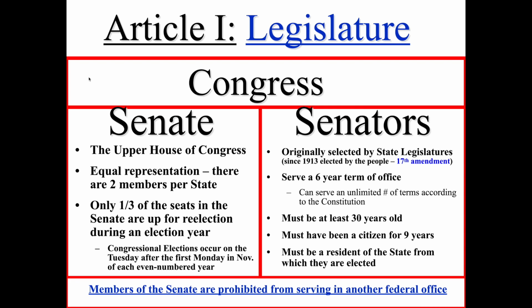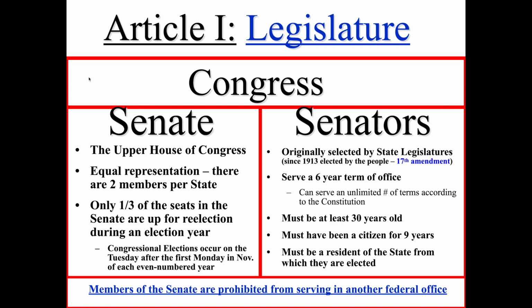We have congressional elections every 2 years. So we have what we call a living body. Only 1/3 of the seats in the Senate are up for re-election during an election year. Congressional elections occur on the Tuesday after the first Monday in November of each even-numbered year. Hopefully you can remember that. But no, we want it to be a living or a continuous body, so that's why we divide it up like that. Only 1/3 of them are up for election every 2 years, and we can do that because